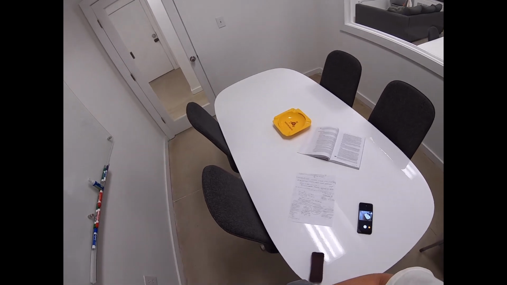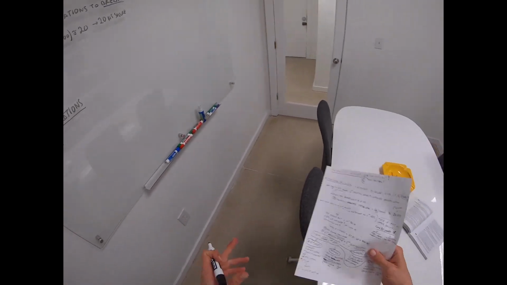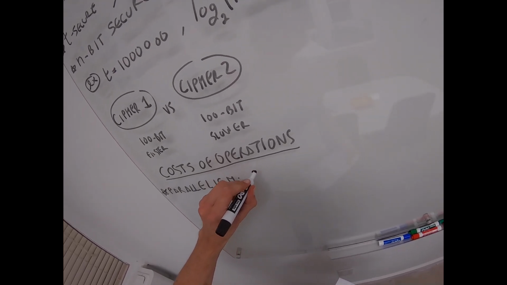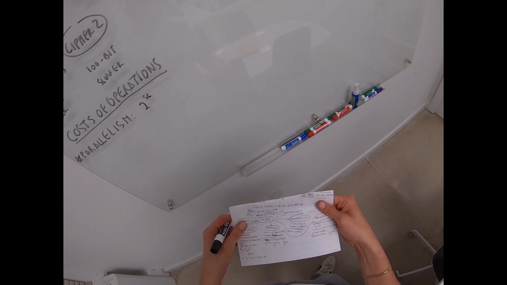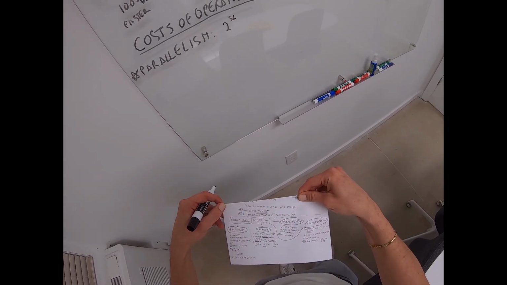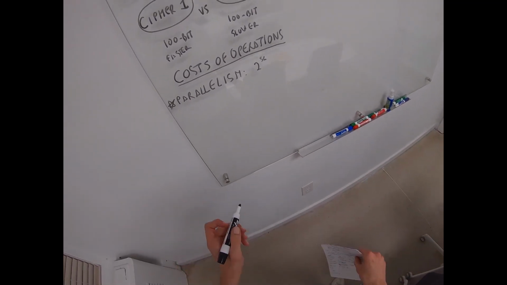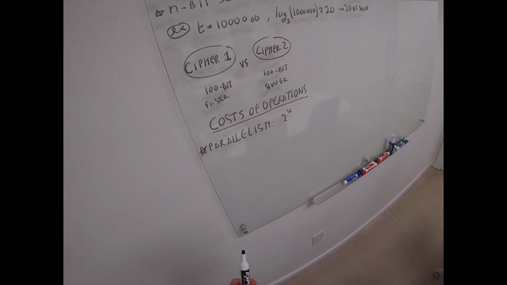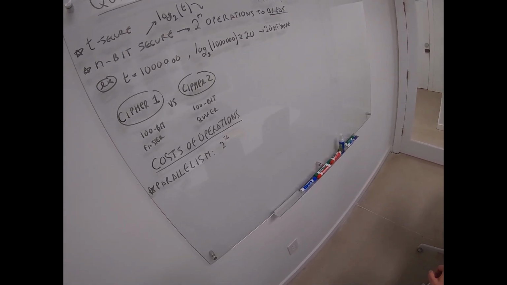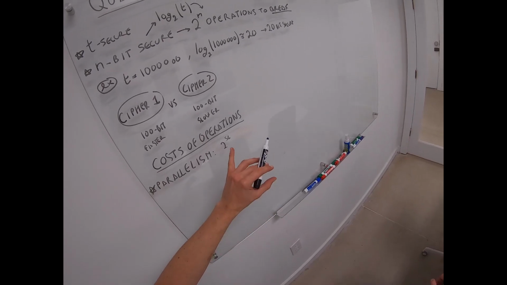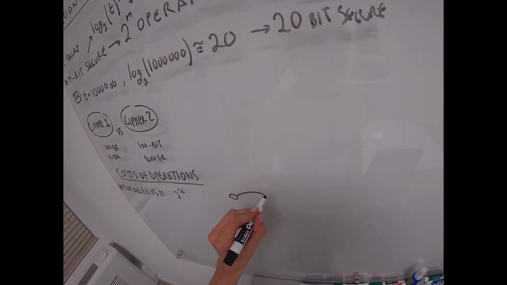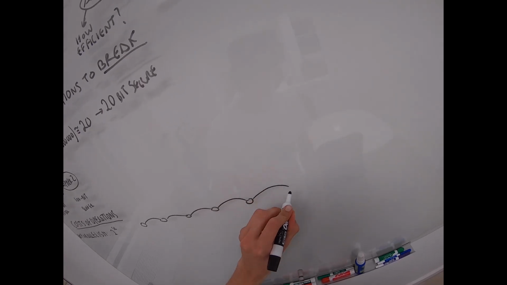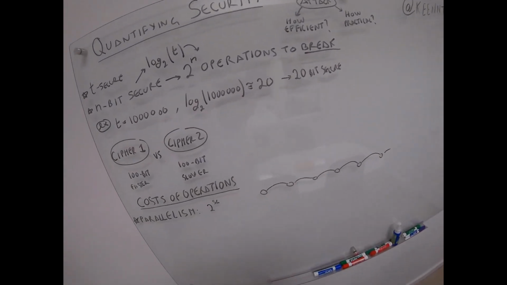So if I have 2 to the 56 operations, if I need to do 2 to the 56 operations to break a cipher, there's a big difference if I have to do them all in series, so that you run one computation and then you run the other one and then the next one, and you have to wait for this computation to finish to go to the next one, then you wait and you go for the next one, right? This is in series. But in parallel,